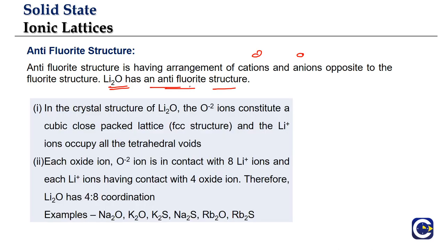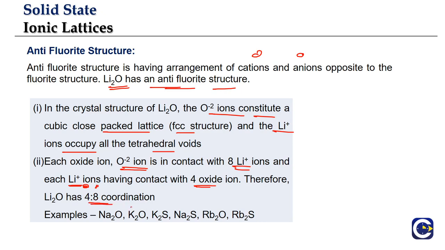So if we have the crystal lattice where the oxide ions are forming the cubic close packing FCC, and the lithium ions are taking the tetrahedral voids, here what we'll see is that each oxide ion is surrounded by 8 lithium ions, but each lithium is surrounded by only 4 oxide ions. So accordingly, the cation, always we'll give the cation first. Cation coordination number is what? 4. The cation is surrounded by only 4 anions. Anion coordination number is what? 8, because each oxide ion is surrounded by 8 lithium ions. So the coordination number is 4:8.